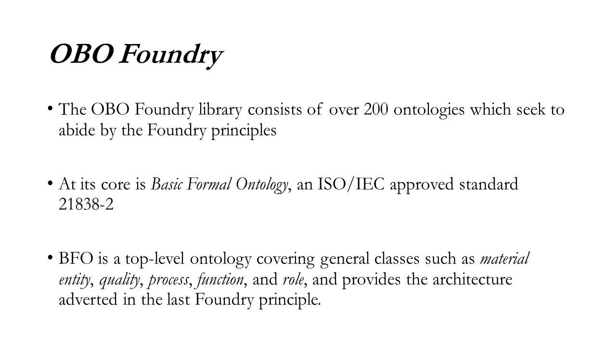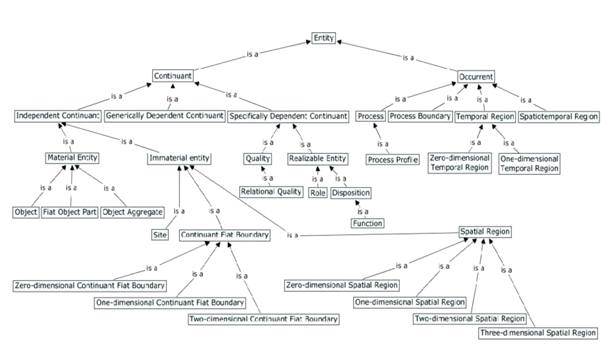BFO is the top level. It's the place that covers the most general terms, from which more specific ontologies will construct terms covering their domains. Here is just a quick overview. You see at the very top there, entity. And then entities are divided into two sorts of things, continuants and occurrents. Continuants being like you and me, things that exist entirely and completely whenever they do exist at all, and occurrents, which are like processes, things that exist over time.